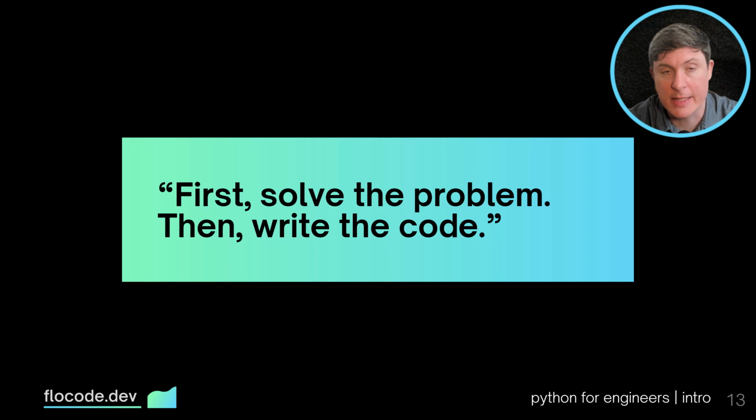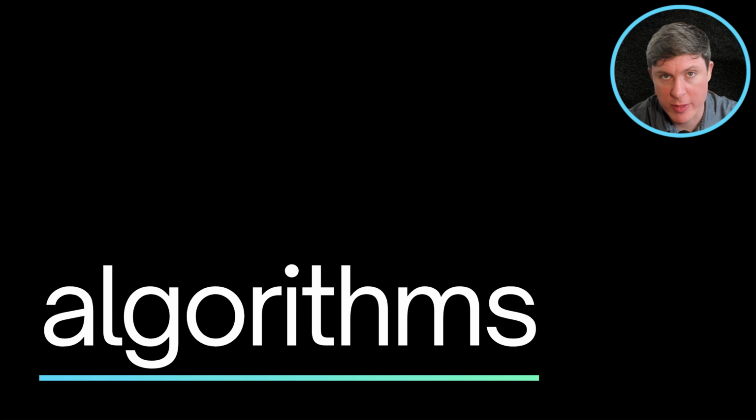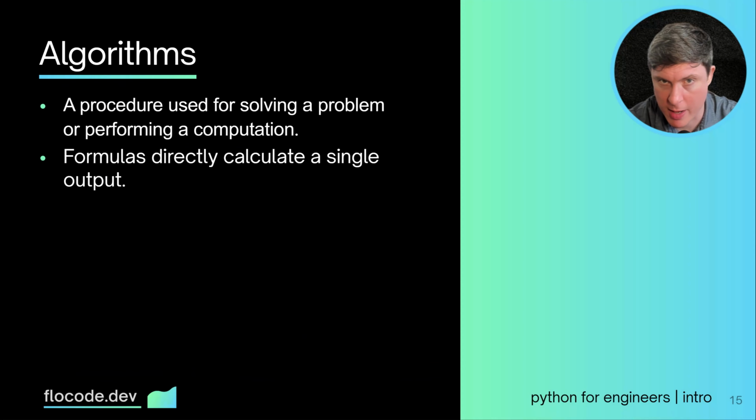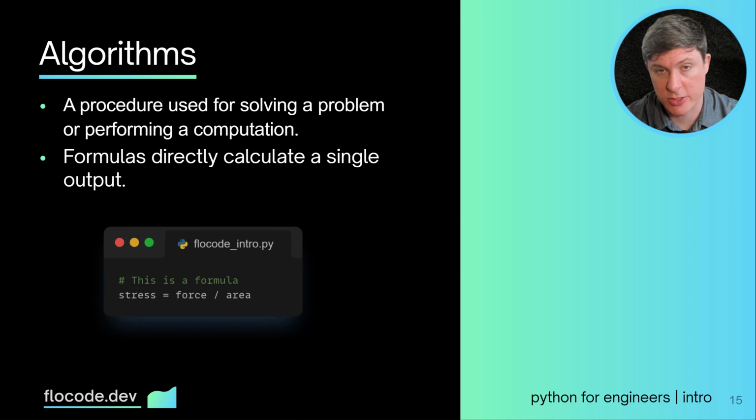Let's talk algorithms. An algorithm is the heart of any program. It's a recipe that tells the computer exactly how to solve a problem or to complete a task. And just like a good recipe needs the right ingredients, it also needs the correct order of operations to be successful. You don't put a pizza in the oven without any cheese. Think of a familiar engineering task like calculating the stress in an element.